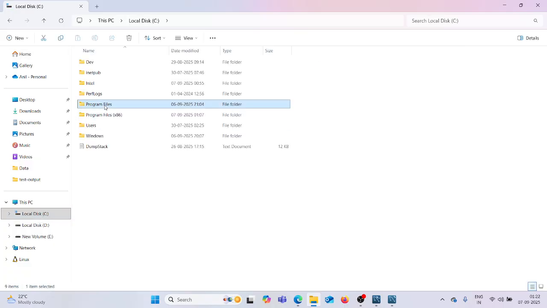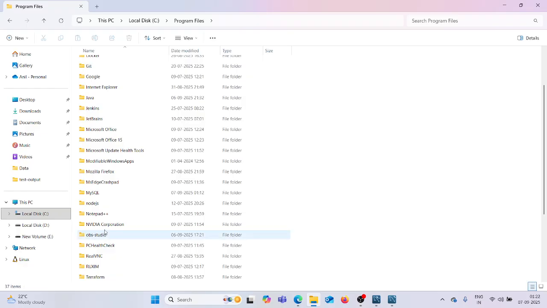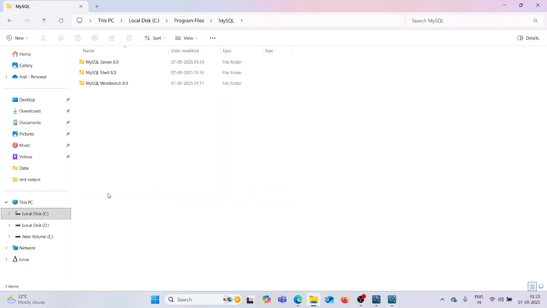In the other way, we'll set the path. Just come to Program Files, go to MySQL, click that and check that all three products are here: MySQL Server, Shell and Workbench.